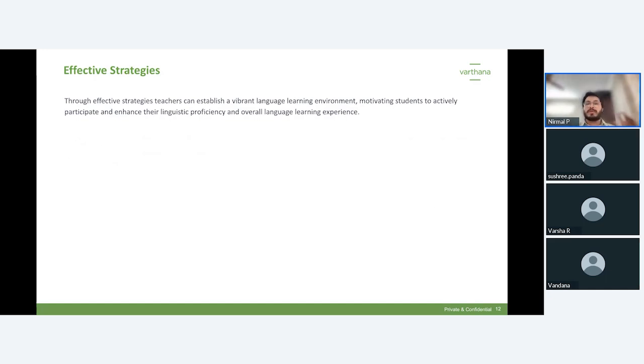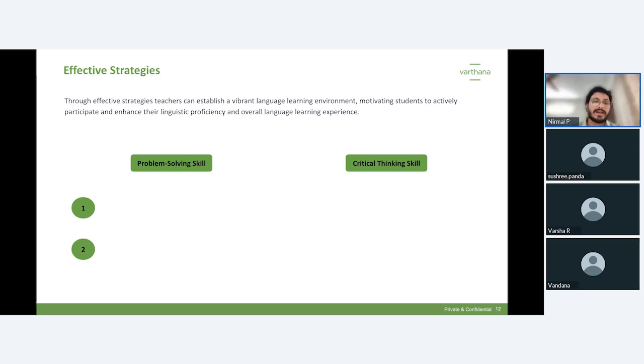But today we are going to be looking and focusing on two specific components or skills of language learning, that is problem solving and critical thinking, and we're going to look at two strategies under these as well. What are these strategies? The first one under problem solving is the strategy to use puzzles and riddles to drive